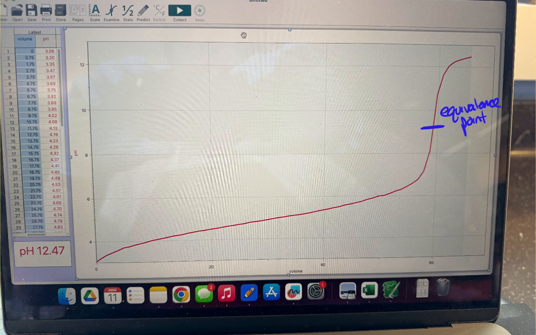Now, the way the software works is if you mouse over this red line, it will show you what data points, it'll highlight them in the table. But for our purposes, let's say that equivalence point is, we'll call it 58 milliliters, right? So after we added 58 milliliters of NaOH, we reached the equivalence point. So that means that halfway to equivalence point is 29 milliliters. So here's 30. It's marked on the graph. So 29 is right below that. So we'll call it there, 29 milliliters. And this is halfway